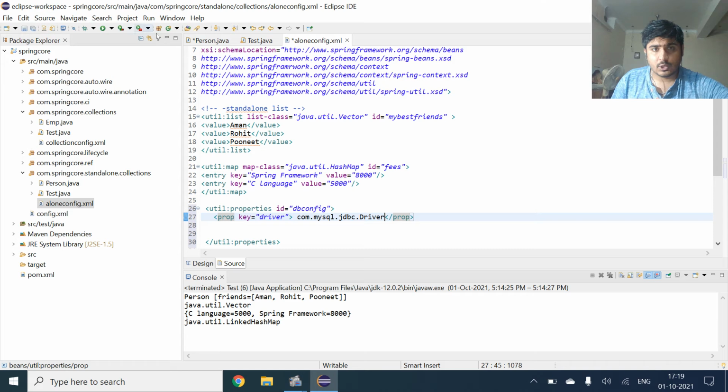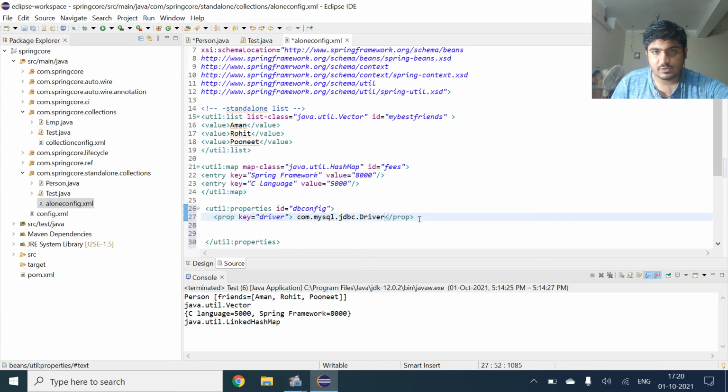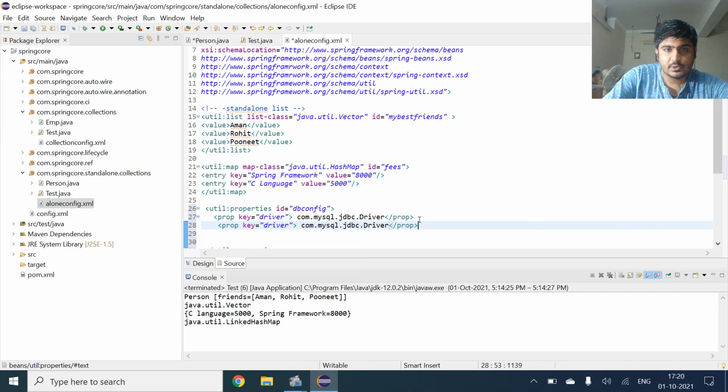So now I have inserted the first property. I have given the property key as driver, and after that I have inserted the value com.mysql.jdbc.Driver. And I'm going to insert the second property now. I will just copy this and paste it, and change some things here.